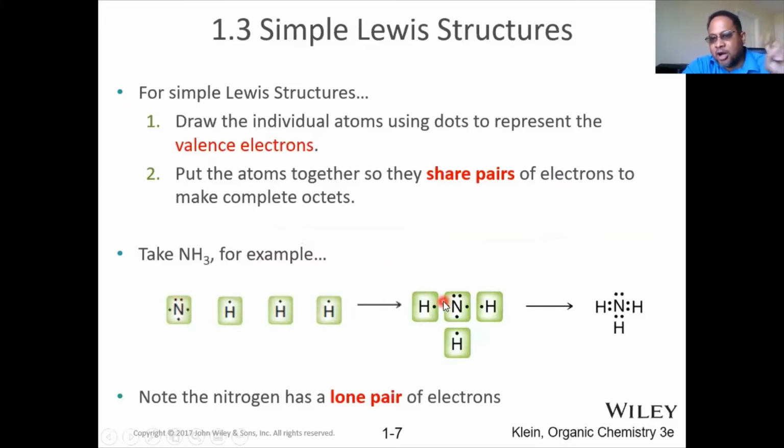We refer to those unpaired electrons as a lone pair. When you draw a Lewis structure of ammonia, this is what it looks like, and you'll notice there's a lone pair present that's not connected to any other